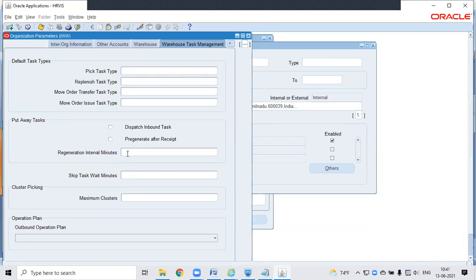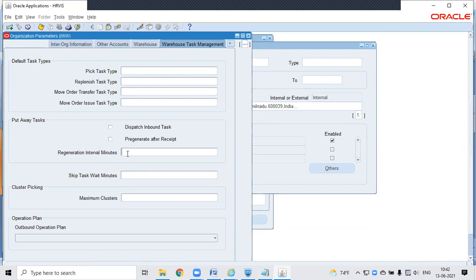But there are some issues with this, because if you generate the putaway task immediately after the receipt, by the time you go there, some other item may have been moved to that location using a subinventory transfer or a move order. So it depends upon the business you are working with.